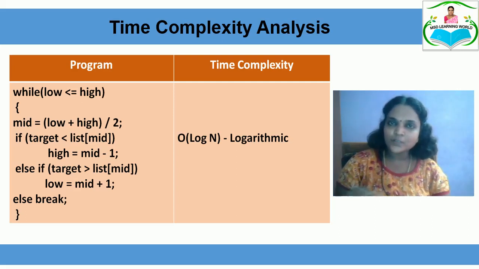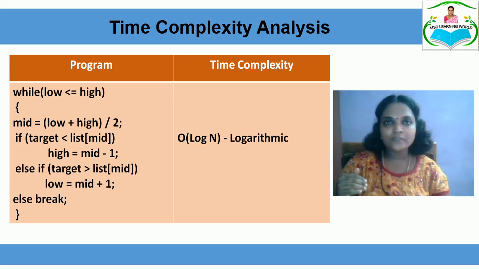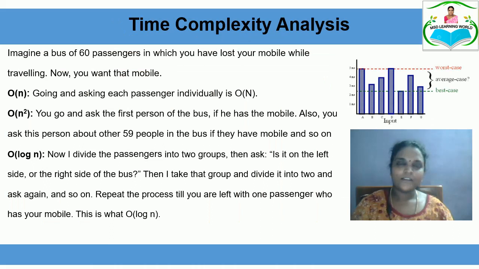So finally the while loop is going to be executed only half of the value of the high variable. It is very clear that the statements present inside the while loop are only going to be executed half the number of times. Or if both conditions are not satisfied, anyhow in the else part the break statement will be executed. So the time complexity for this given while loop example is order of log n, which is a logarithmic time complexity.